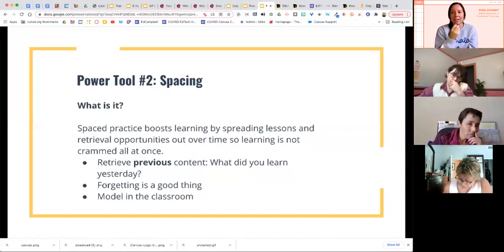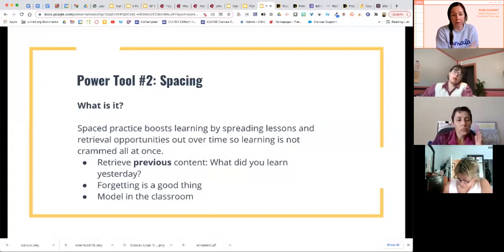So reminding students that it's good to forget, and we're spending these 5 minutes at the beginning of class remembering these things to make more powerful learning. So spacing is just about not trying to cram all these things into one day. So it's not a day of review for an assessment, but if you can continually be using these retrieval practices